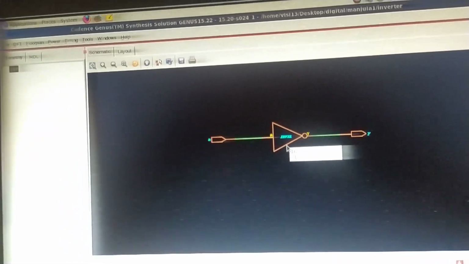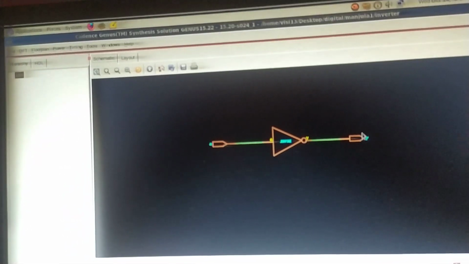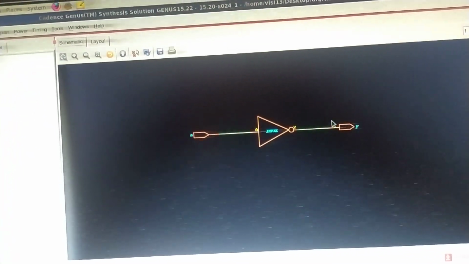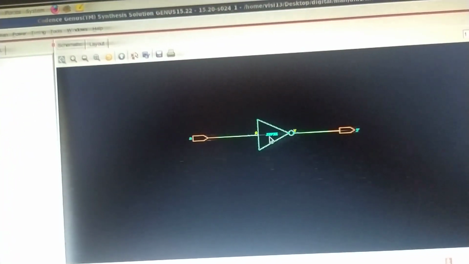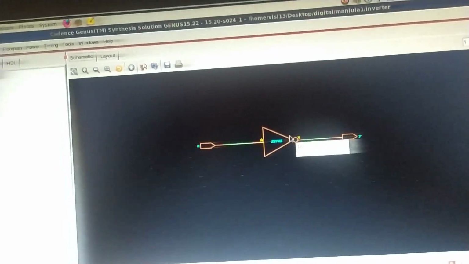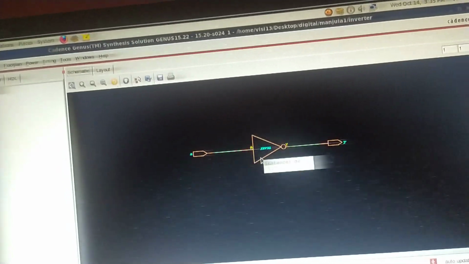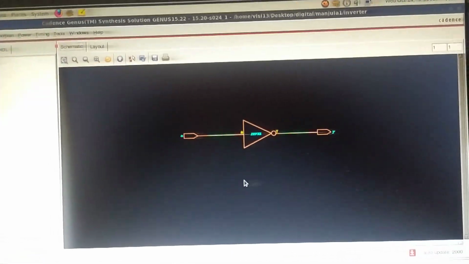A and Y are the input and output we took in the RTL, and this inverter has been picked from the lib file.